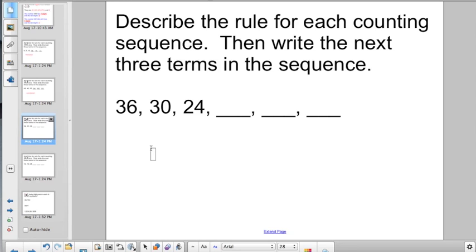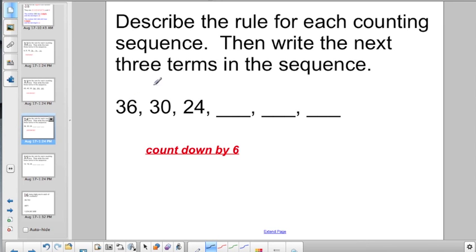36, 30, 24. That sounds to me like we are going to be counting down, right? I'm counting down by how many? I'm counting down by 36 minus 30. Hey, hopefully you know. Do you have it? We're counting down by 6s, aren't we? Okay, once you have the rule, then it's just a matter of applying it to the terms and figuring out